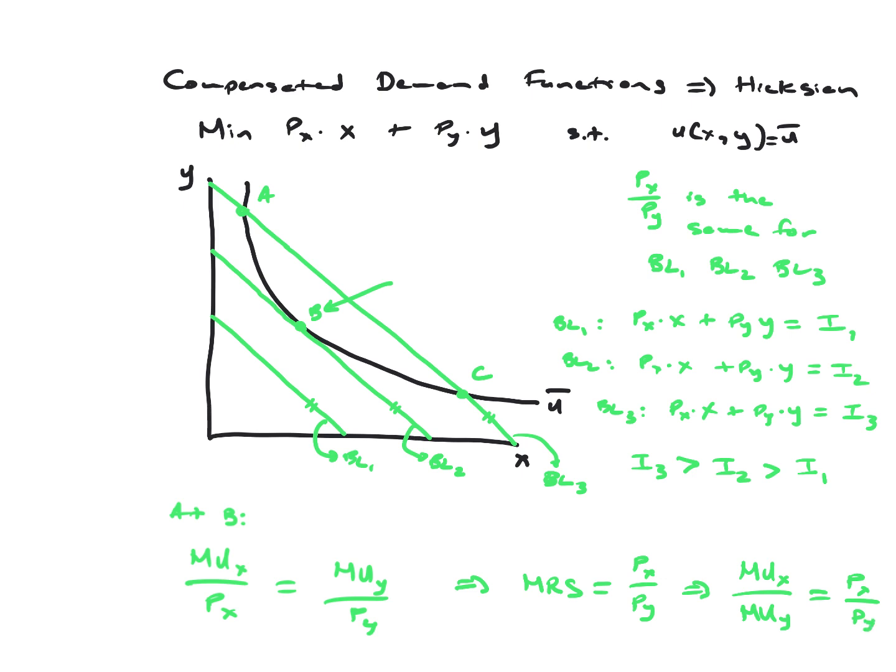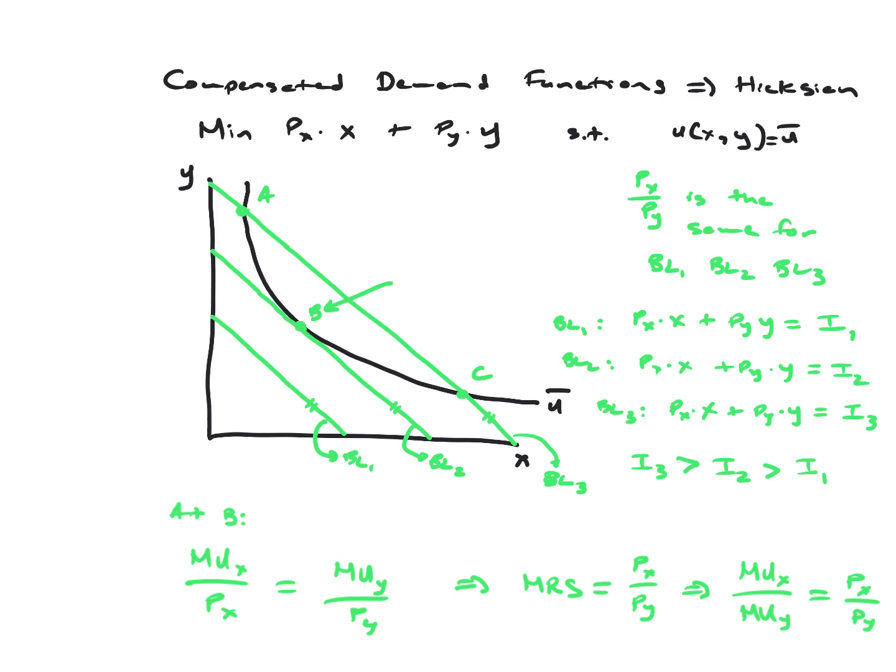So where that bang for the buck condition is ultimately coming from is simply the tangency at B, where the marginal rate of substitution is equal to the slope of the budget line. So again, this is the intuition behind the problem that we're trying to solve mathematically when we're deriving compensated demand functions. So as we move to the next slide,